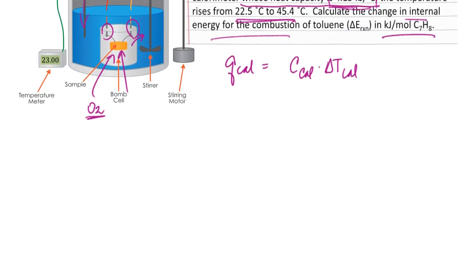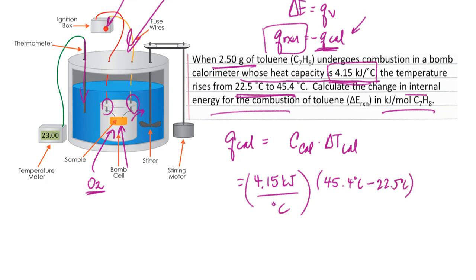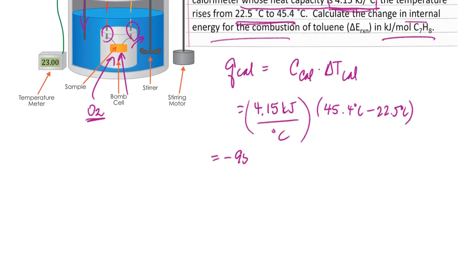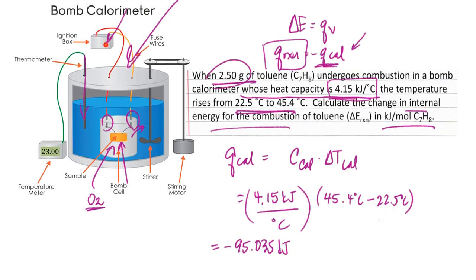And so in this particular case, that's going to be 4.15 kilojoules per degree Celsius. That's our given heat capacity. And you're going to multiply that by the temperature change, which would be 45.4 degrees Celsius, and from that, I'm going to subtract 22.5 degrees Celsius. If I go ahead and do this math, I end up with negative 95.035 kilojoules. Now, keep in mind that that's the amount of heat that we generated from 2.5 grams of toluene,